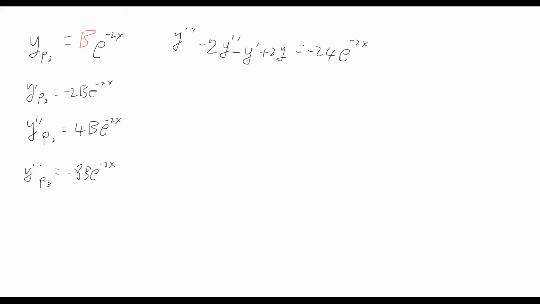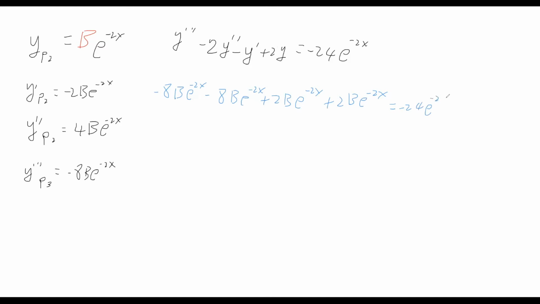All right, let's go ahead and plug everything into here. Let's see what we have. So y triple prime, negative 8b e to the negative 2x, minus 2y prime, y double prime, so minus 8b e to the negative 2x, minus y prime, so that'll be a plus 2b e to the negative 2x, plus 2y, so plus 2b e to the negative 2x,